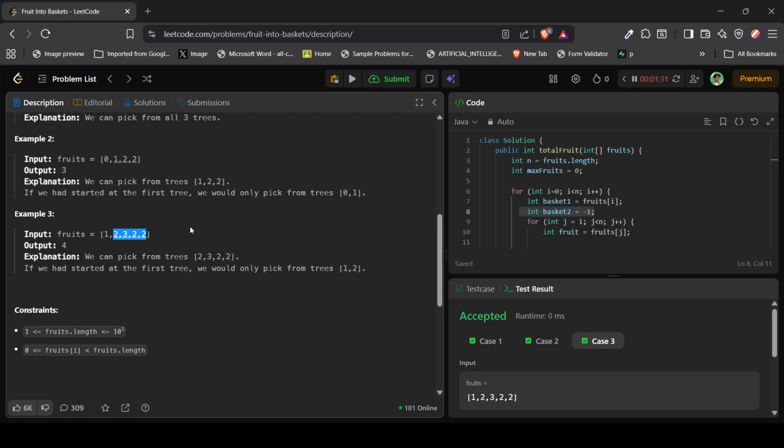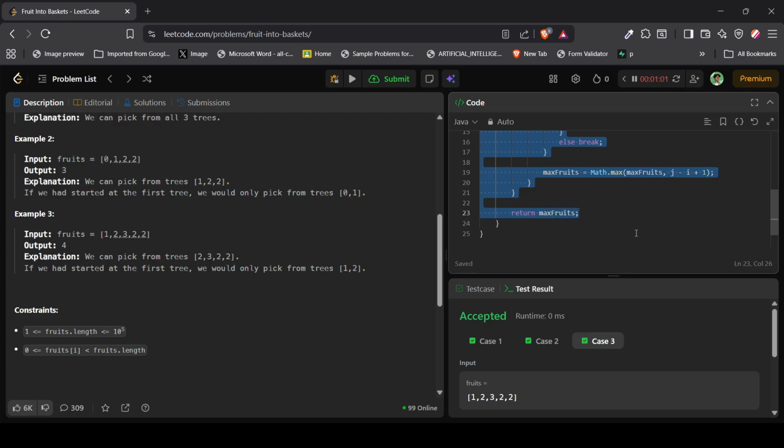Once the right pointer reaches the end, it doesn't make sense to move the left pointer to the right, because it will just shrink the length. So we don't want that. We want to get the maximum length. So the condition will be: while r, the right pointer, has not reached n. So for a moment, if we just comment it out,